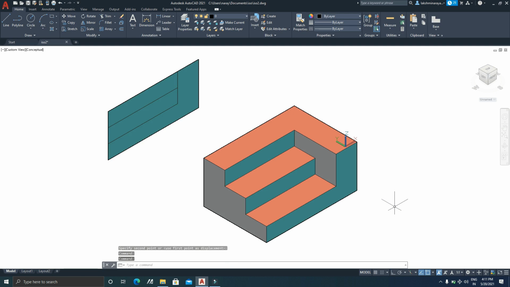Let's see the front view. When we consider the front view, we are able to see this L-shaped profile that is represented here and two rectangles. So this is one rectangle which is represented here. This is another rectangle which is represented here. The view will be like this. So this is the front view.